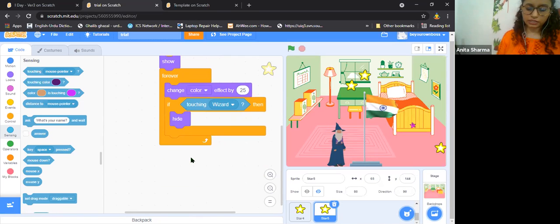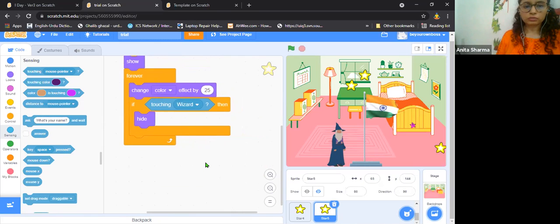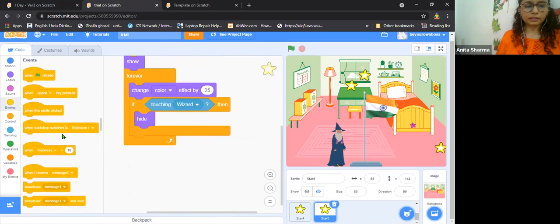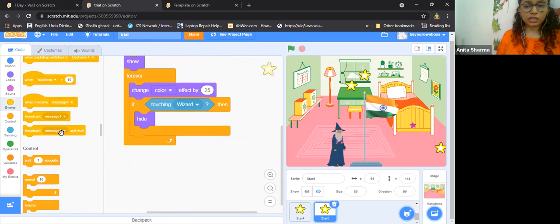Now how to send the message here in Scratch, because the sprite cannot speak, right? So it is going to send the signal. This is a very important thing, so all of you please pay attention. The rest of the part you can do on your own, right? This is a new concept called broadcast. Broadcast is we are sending a signal. We are spreading our information to others.